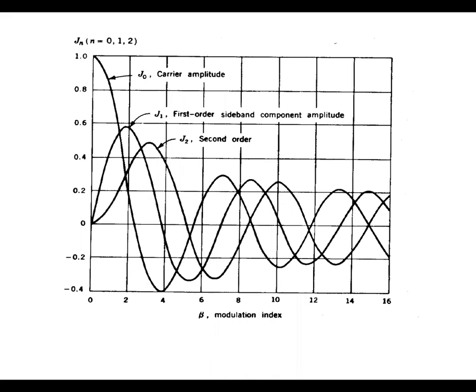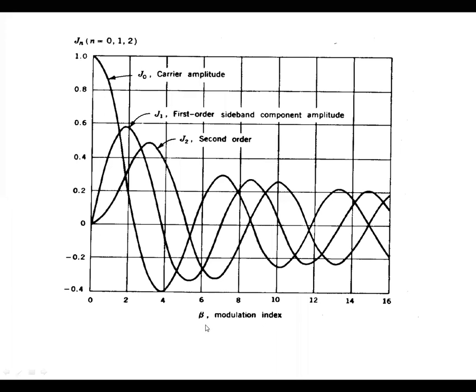Now you can see that Bessel's function. If n is equal to 0, 1, 2, there is 0, 1, 2, no? For n equal to 0, the J0 term is there. The J0 term is present in the Bessel's function along with the beta value. Beta, the modulation index, is on the x-axis, and the J term is on the y-axis, no? N is the y-axis term. Beta is equal to 0, beta is equal to 2, 4, 6, 8, 10. What are these? The beta values.